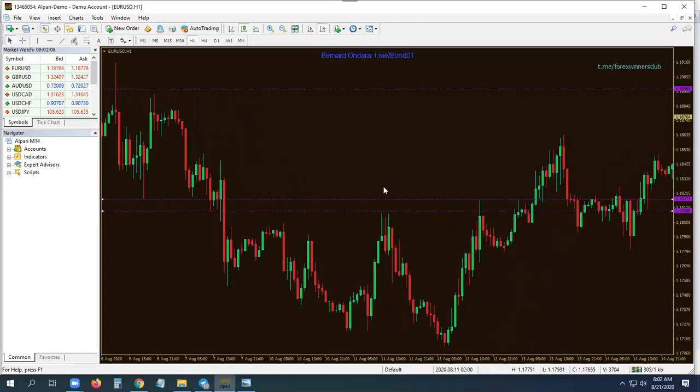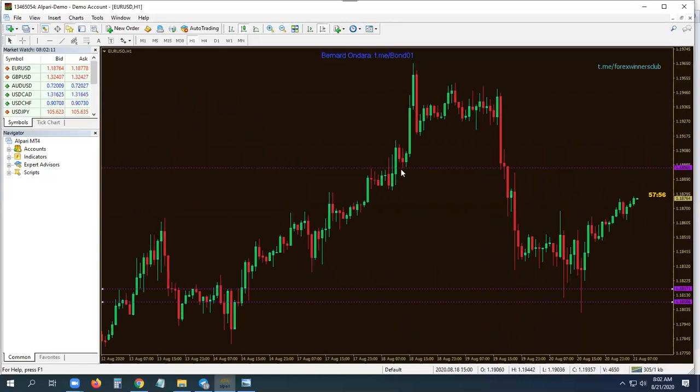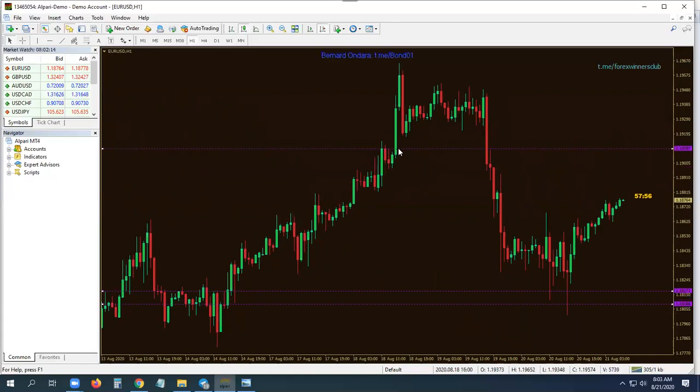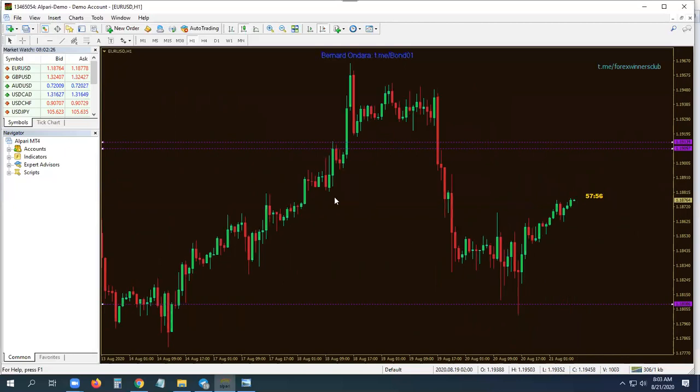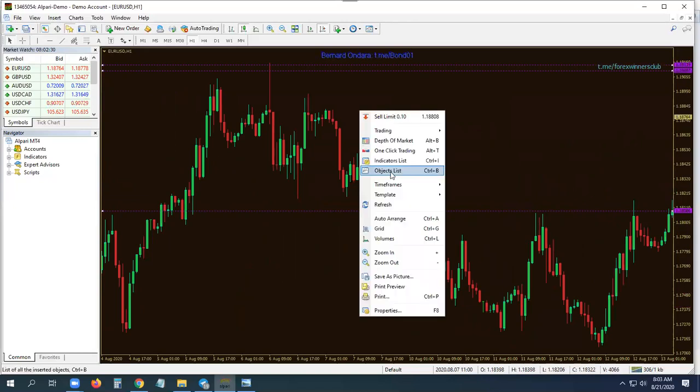So for a bullish breakout, assuming this was your resistance here, and you can even make it a zone, all of it between the wicks and the body, this candle managed to break and close above the whole zone. So this is a bullish breakout. Fair enough? All right, so now you need to know how to approach breakouts